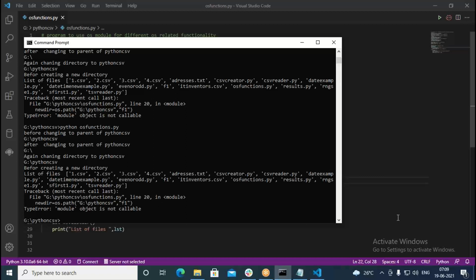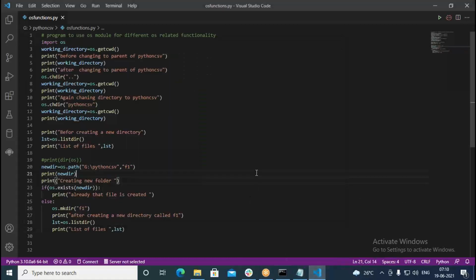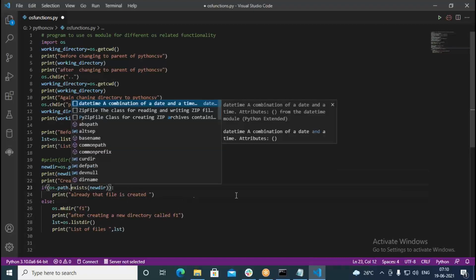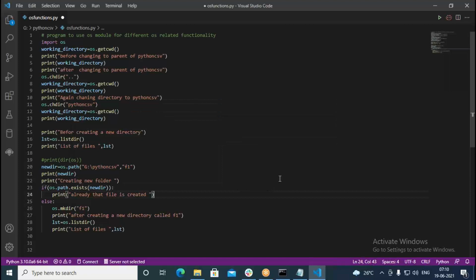Okay, so fine. Then probably I need to change something like this here. os dot path dot exists, but no point in that case. The path is actually available there. os dot path dot exists. So in such cases, we need to give any new dir. Let us once again check that.